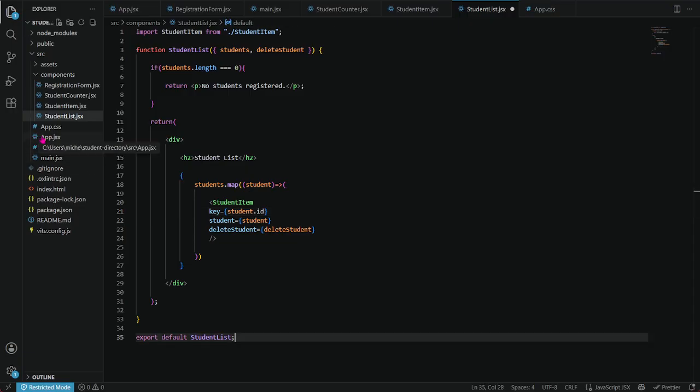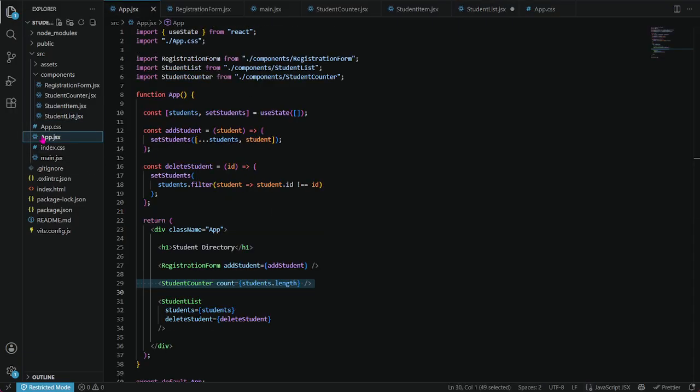So after that, in the app.jsx, first we have the import useState from React, meaning it is used to store and update data in the application. It stores the registered students, and then the app.css is the CSS file.